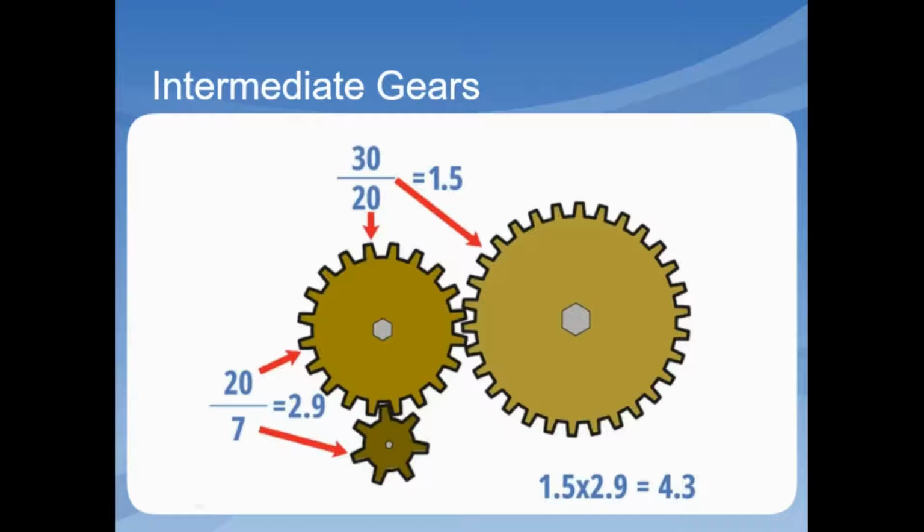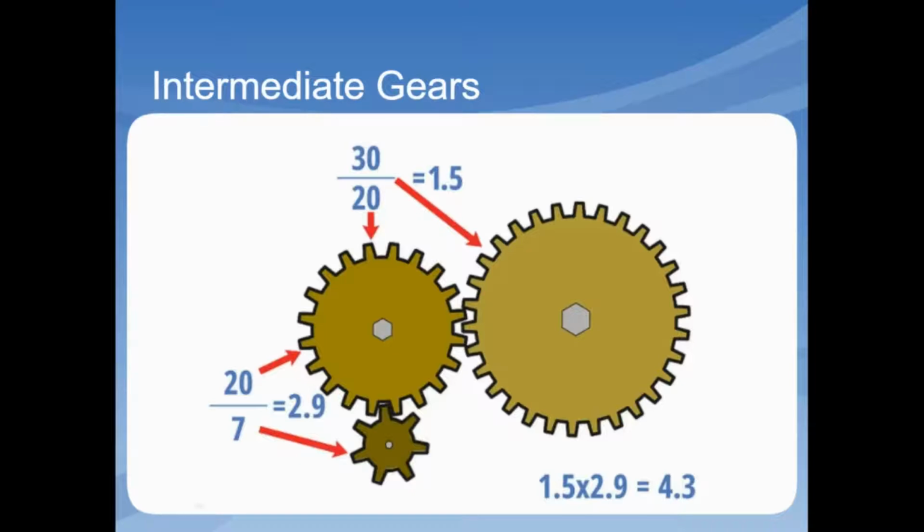Treat the preceding gear as if it were the drive gear as far as the next gear is concerned. Divide the number of teeth on each driven gear by the number of teeth on the drive gear for each interlocking set of gears to calculate the intermediate gear ratio. For our example, the intermediate gear ratios are 20 divided by 7 equals 2.9, and 30 divided by 20 equals